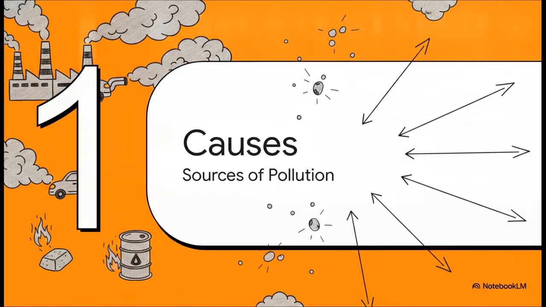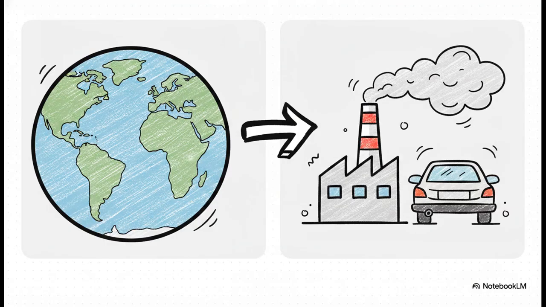Section 1. The causes. Time to look at the root of the problem. This part beautifully illustrates how we can narrow our focus to understand really complex issues. On one hand, the text shows a topic outline, which just lists broad categories like water, air, and land pollution. But then it switches to a sentence outline to drill down into the specific details of air pollution. It shows us the intellectual progression from a massive, overwhelming global concept down to very specific targets.